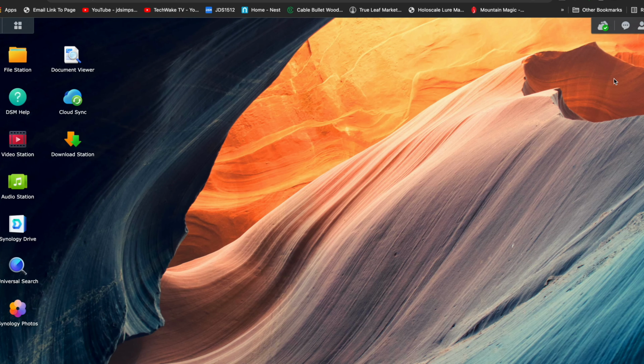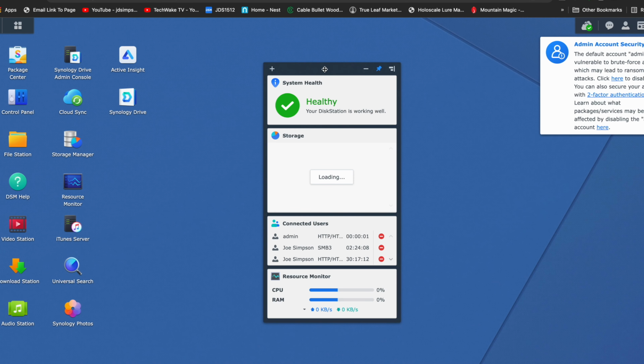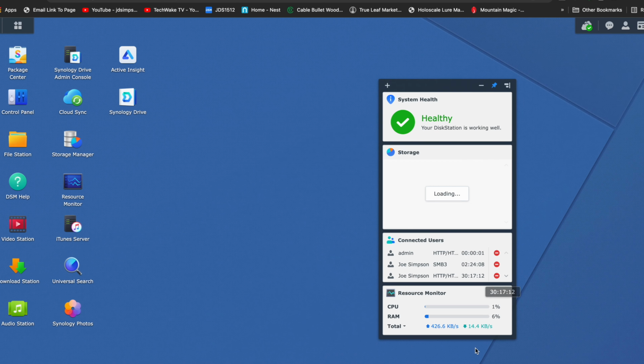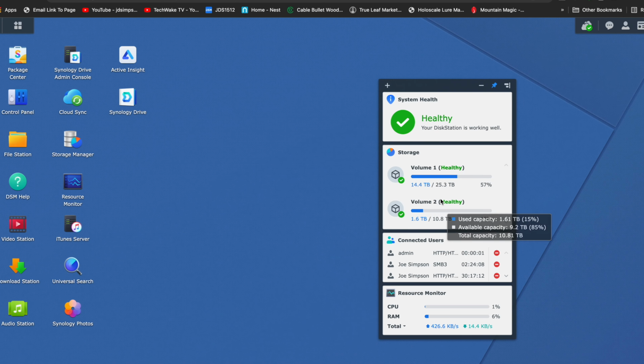And that's really the brief overview. Let's log in as admin real quick. I have these passwords memorized in the computer, probably not super safe. So admin, I have some widgets up here. You can see this little box, this little tray of widgets, and it is a quick snapshot of your volumes and the health of your NAS. It says it's healthy, it's working, and the CPU you can see down here is hardly moving at all right now. Different from the user account is that I have access to Storage Manager and Control Panel.